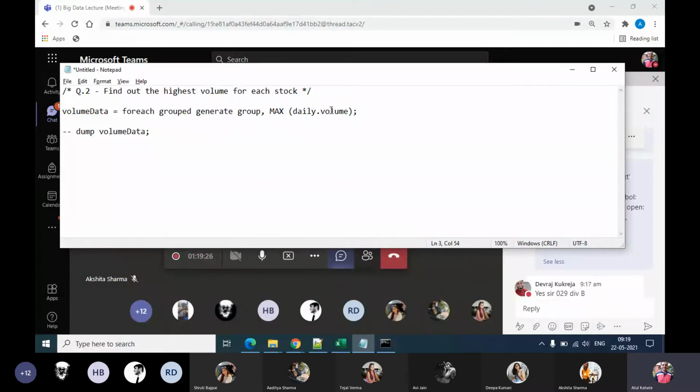I hope you can see the screen. We have used the same grouping structure which we had created earlier, again on the basis of the stock symbol. So either we can say group or $0, comma, max of daily volume. And we either dump it or write it into the output.